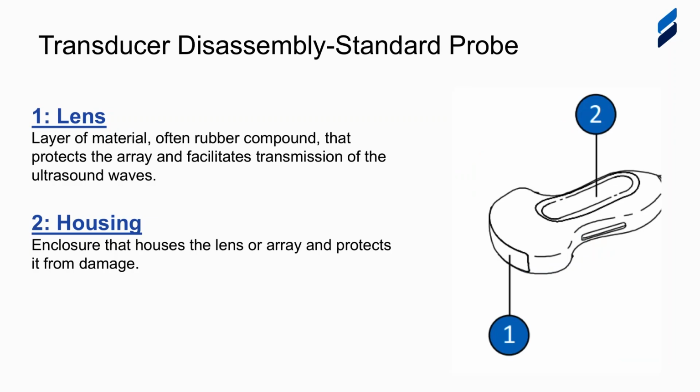So let's talk about the lens. This is a layer of material, often a rubber compound, that protects and houses the array, but also facilitates the transmission of the ultrasound waves. It is very important to remember that the makeup of that rubber compound affects how the waves travel from the